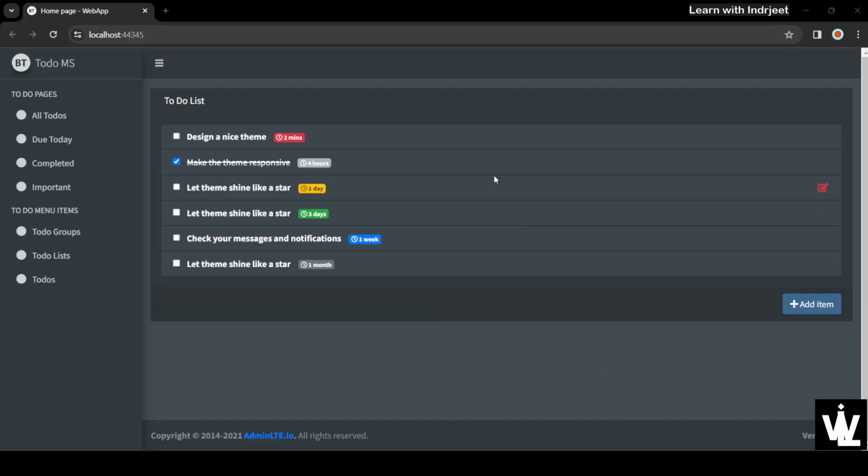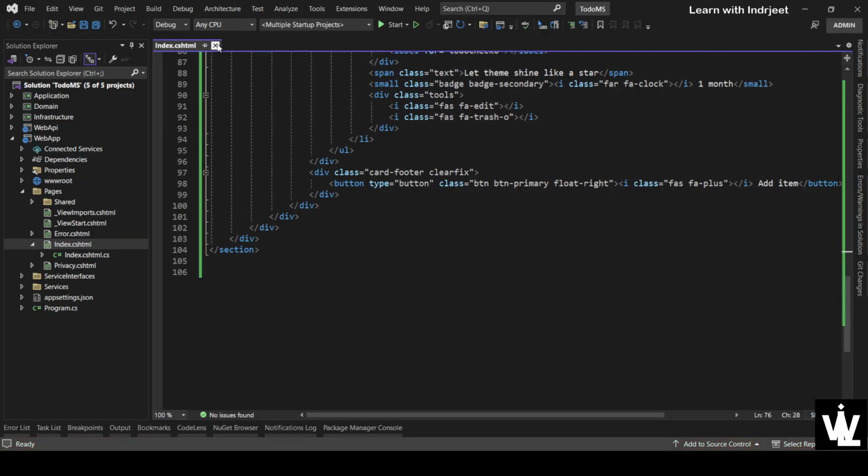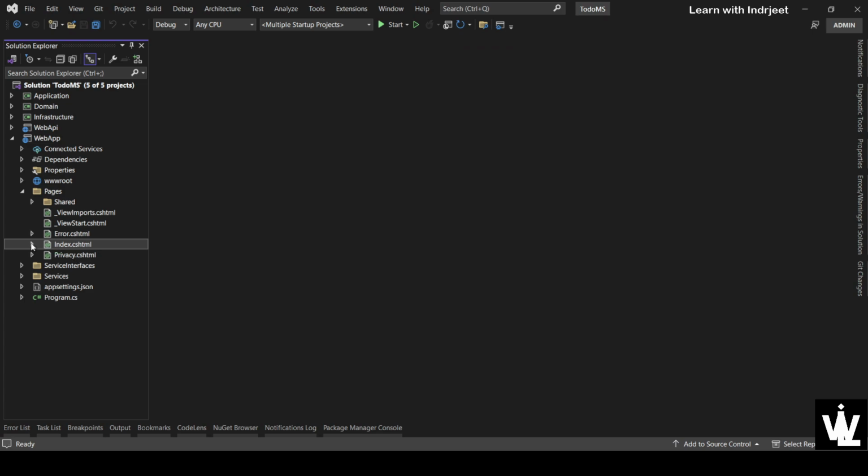So now this content has some padding on the top as well as on the sides, right? Now we can copy it for the to-do groups page that is here. So as of now it is not going anywhere. Let's stop the application and close that. Copy, Control C and paste. Let's name it to-do groups like so,